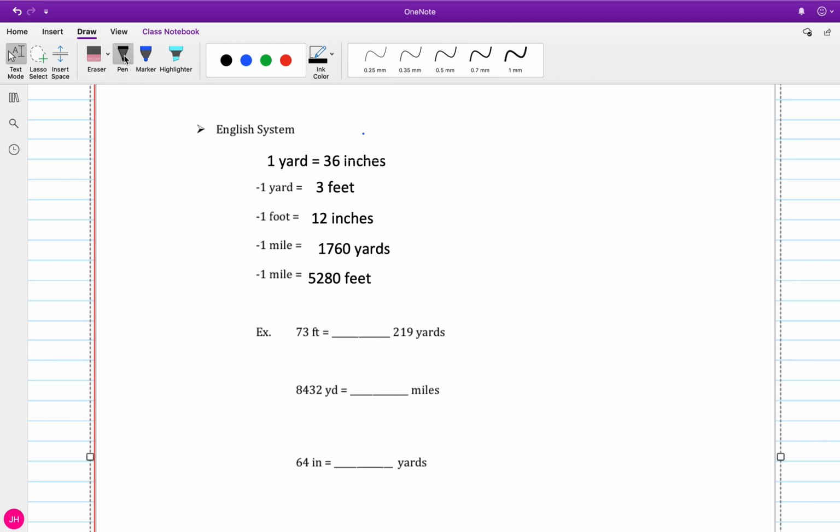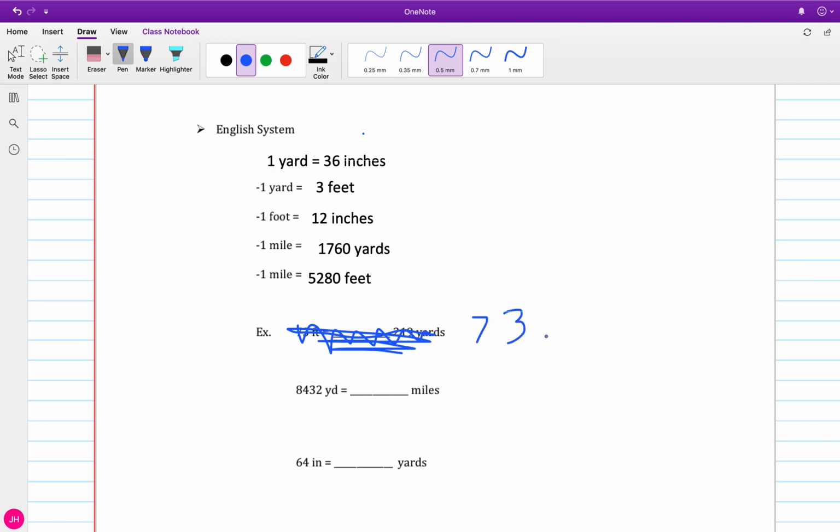Now all my work with big and small is going to stay the same. So big to small is multiply. Small to big is divide. So looking at my problem here, there's some weird typo thing going on, so let's just cross this thing out. And let's say 73 yards is equal to how many